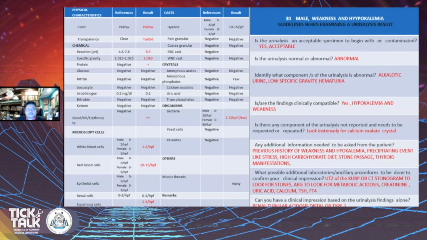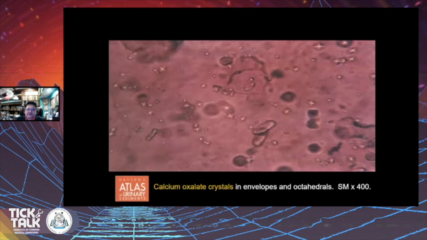So what is our possible impression here? Maybe renal tubular acidosis, distal or type 1. So here we can catch RTA by just the urinalysis and by history, and ABG, as well as the presence of kidney stones. So this is the sample of your calcium oxalate crystals that we should have investigated. Okay, last will be your